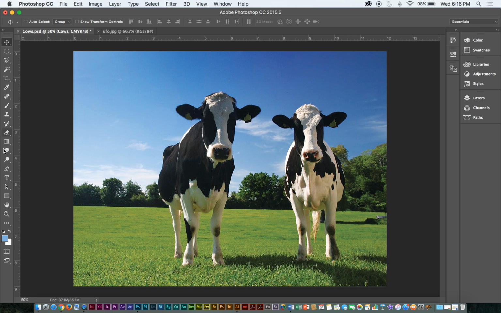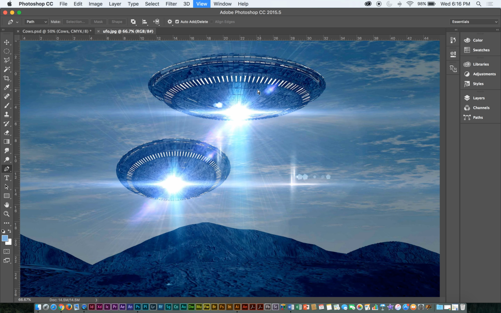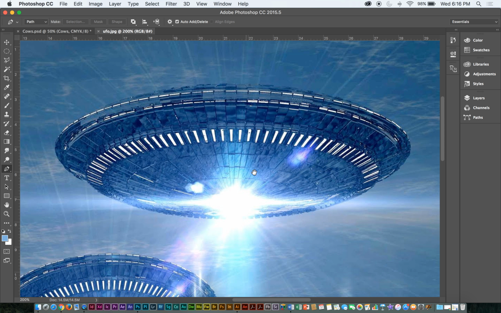So as we go through these tools here, I'm going to continue with the pen tool. This is just like the pen tool that we have in Adobe Illustrator. So I'm going to jump to this image here. The pen tool is good for more solid edge shapes. So this UFO would be the perfect candidate, and you can probably barely see it, but you see that